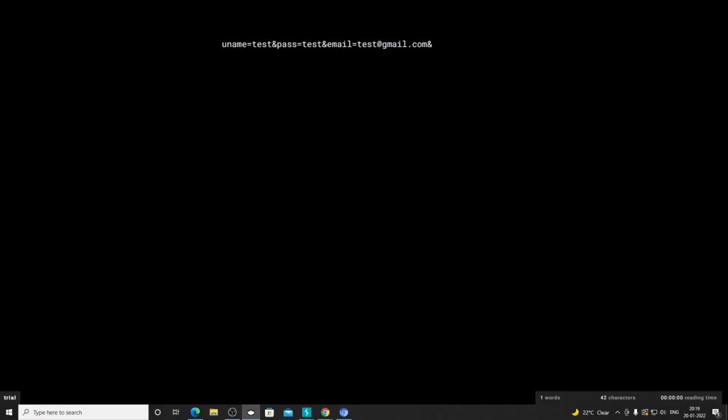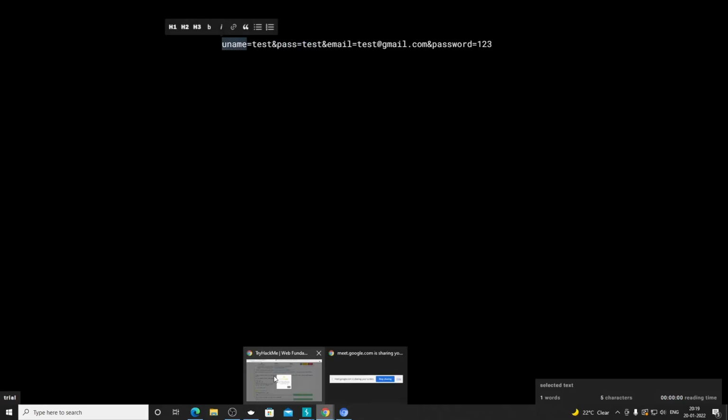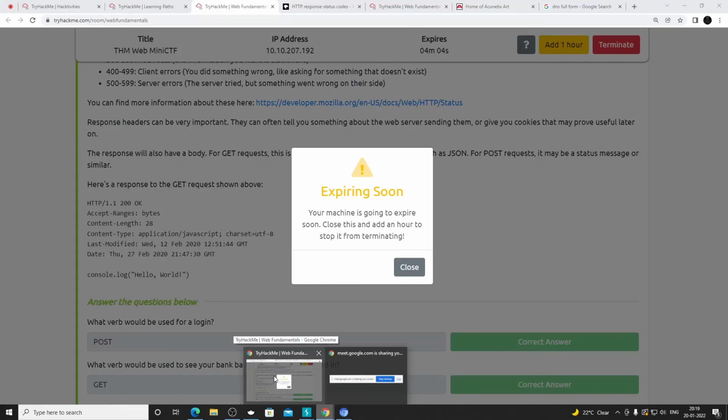For example, if we had a body like this and there were more parameters like password 123, all of this data is separated by an ampersand, just to make it clear to the server how each pair of data is segregated. So that's how it is done. That's all for today. Thanks.